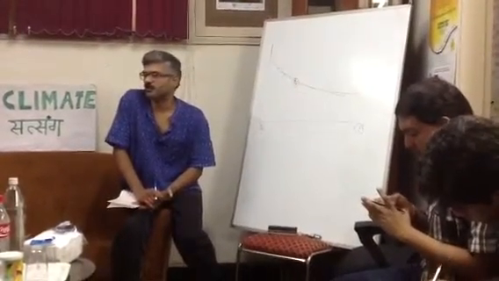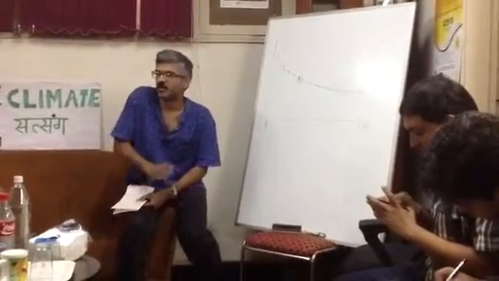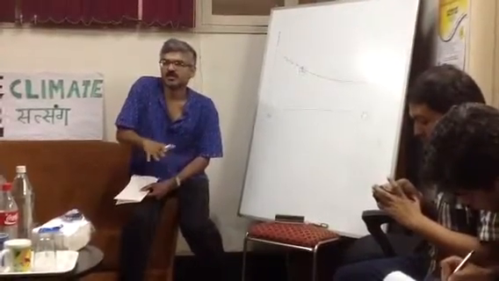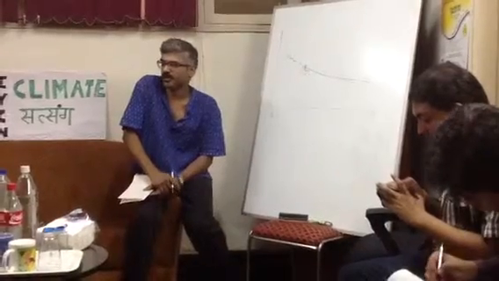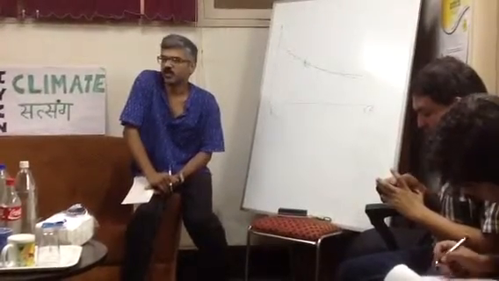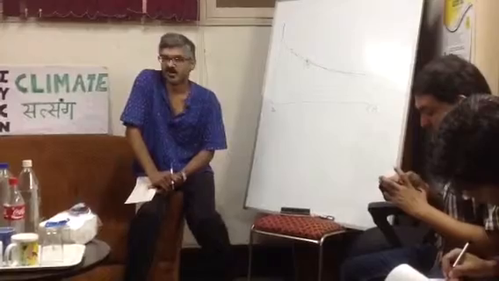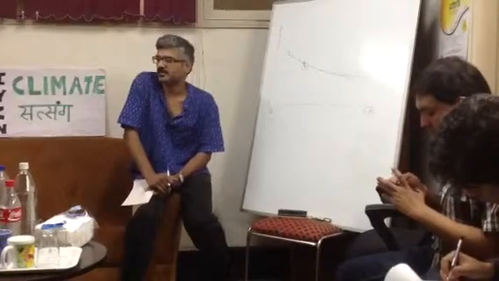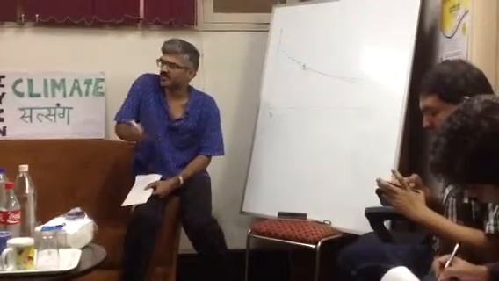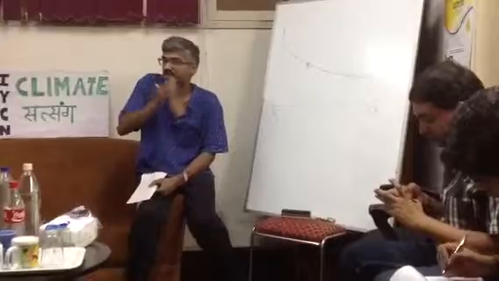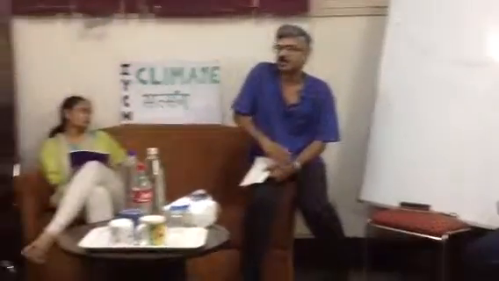Secondly is the pace at which it's happening. You could say, okay, some warming has happened before, but at what rate has the warming happened? The long-term natural rate at which carbon dioxide goes into the atmosphere and out of the atmosphere is roughly 1 part per million. I'll explain what this ppm is in case you don't know. Basically 1 part per million every 10,000 years. We are now pushing carbon dioxide into the atmosphere at a little over 2 parts per million every year. So that's 20,000 times the pace at which it happened earlier, broadly speaking. And there have been times when it has gone up faster at certain spikes. The fact is that this current rate is at a pace that is extremely difficult for species and ecosystems